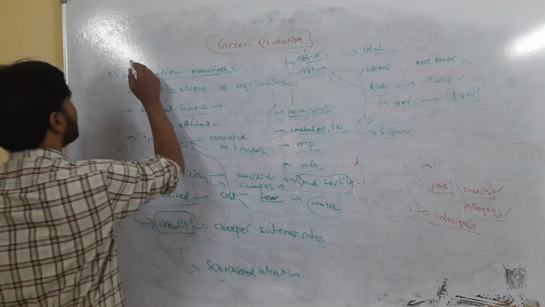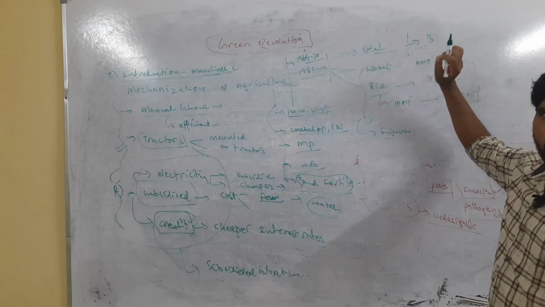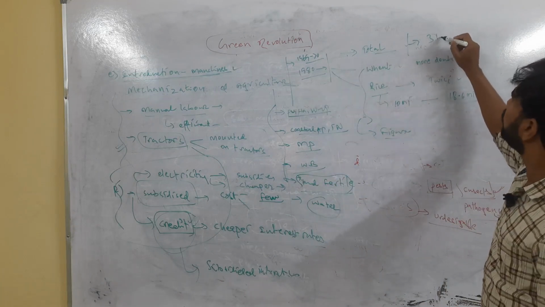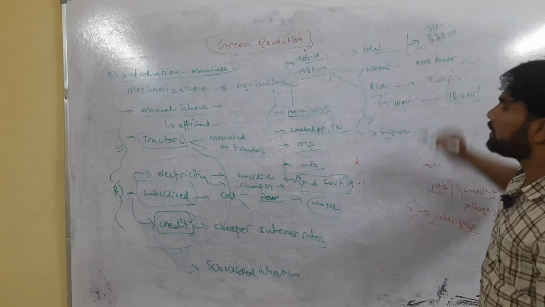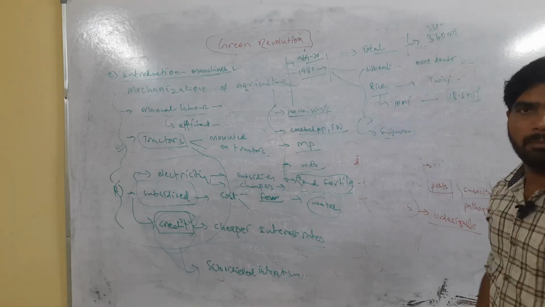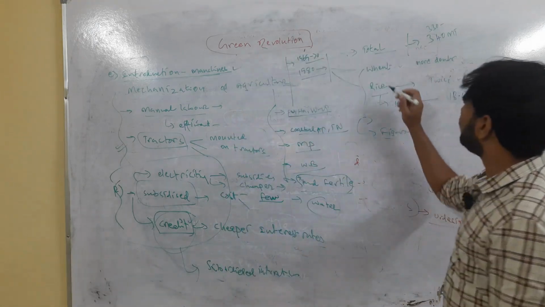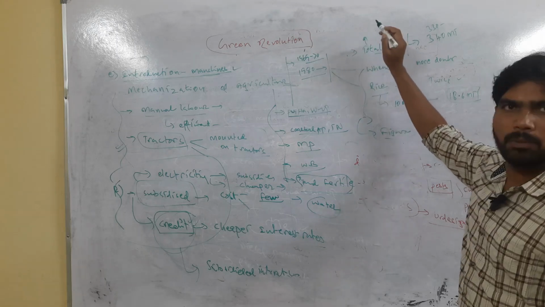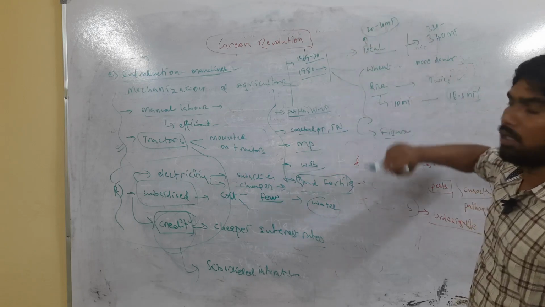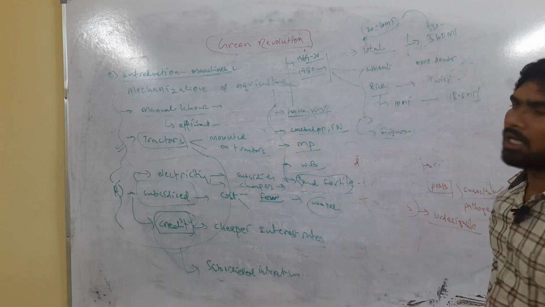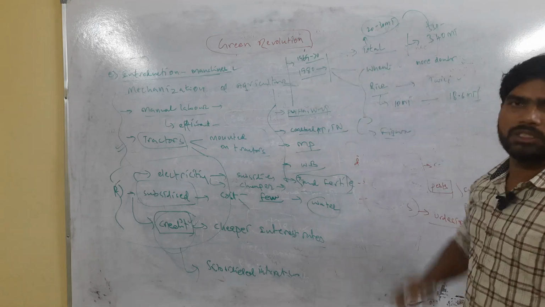Now if you see the food production in our country, we have crossed 330 million tons, approximately between 330 and 340 million tons, only food grains production. Whereas at that time, our food grain production was between 20 to 30 million tons. Now we have reached 330 million tons. You can see the change.